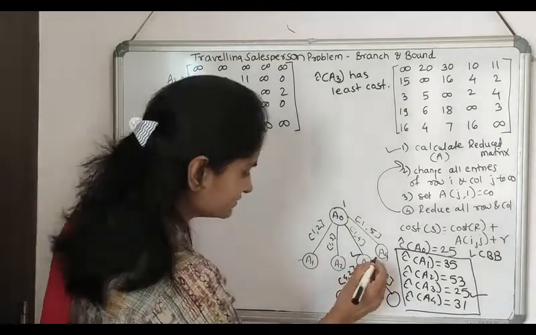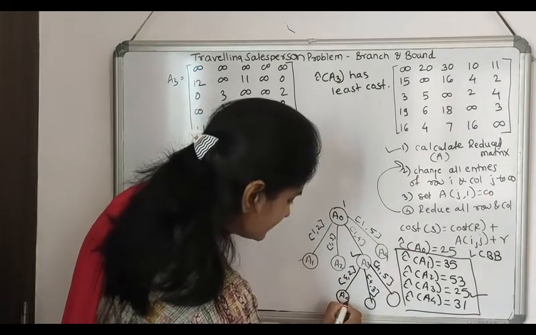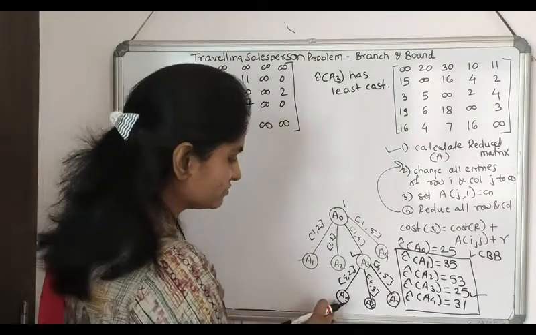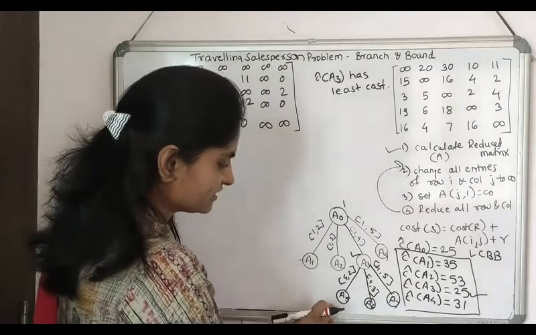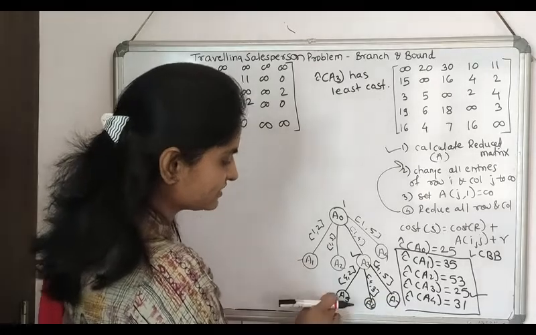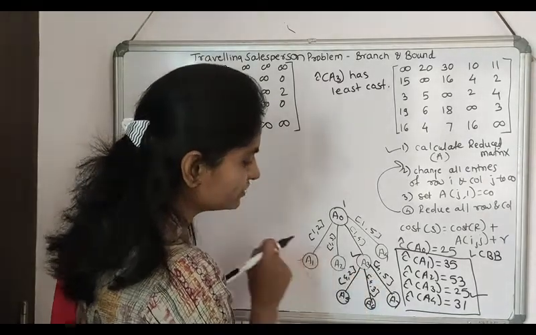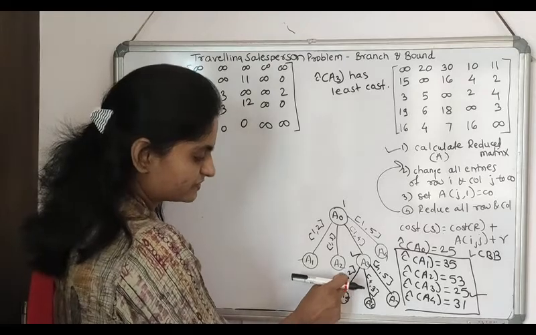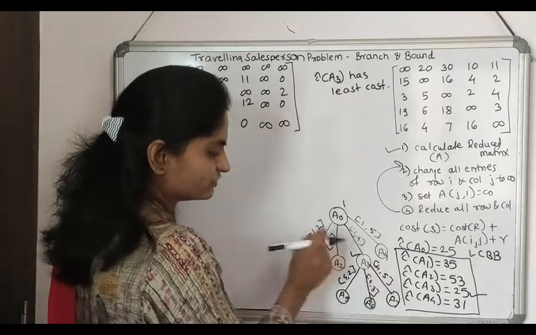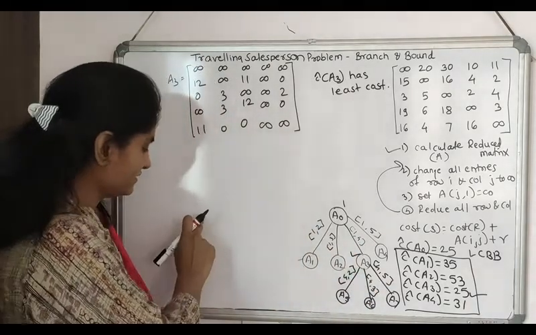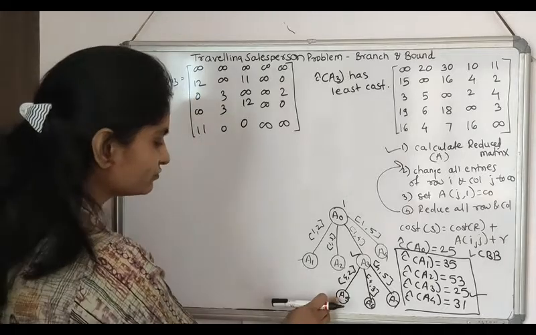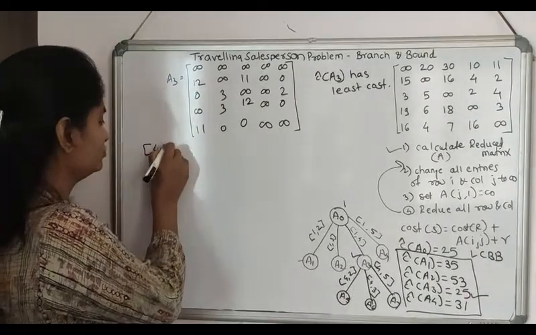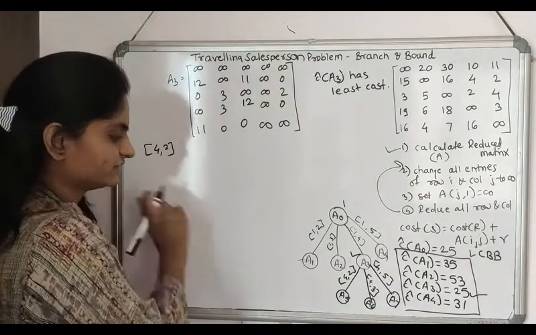Okay, then we can use the vertices A5, A6, A7 to calculate the cost. These are the paths 4 to 2, 4 to 3, 4 to 5. We can use the value of ij, that is 4, 2, 4, 3, 4, 5 and so on. Okay, first to find out A5, the path is 4 to 2.